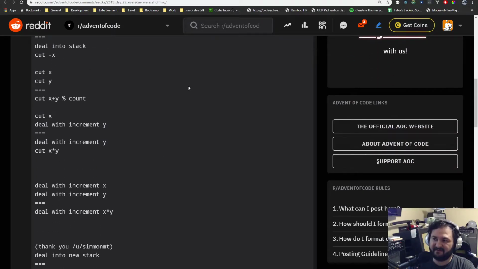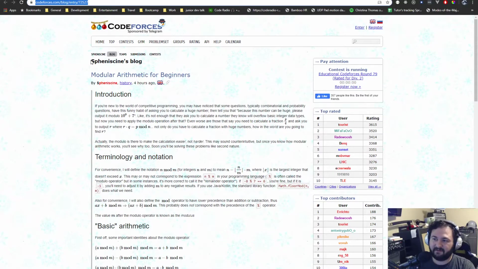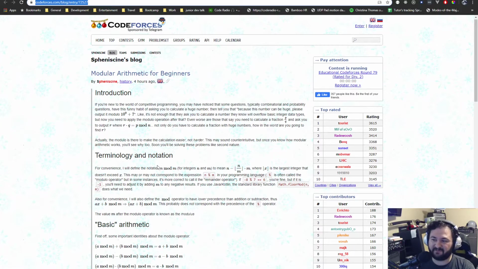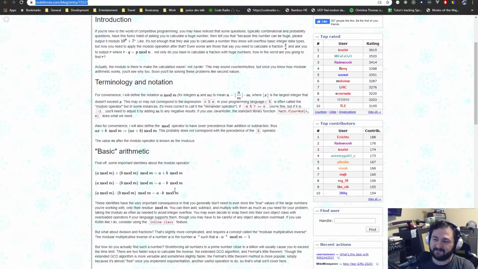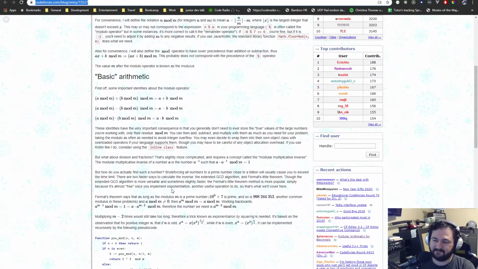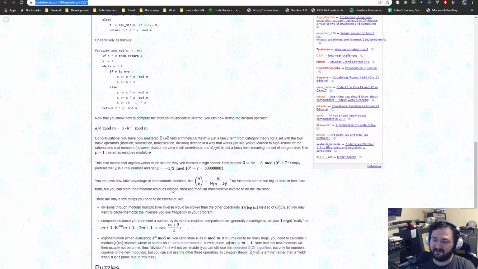So this one was super mathy. Somebody on Reddit, aside from this person, came out and wrote some blog posts. I don't know how to say the name, but they were really nice and wrote a modular arithmetic guide for beginners. I've started to read this. It's very hard to read unless you are a math person. It takes a lot of concentration to sit down and process all of this information. Modular arithmetic is not easy by any stretch.